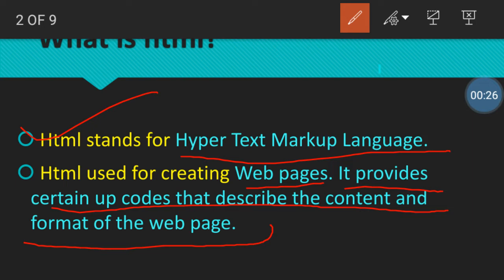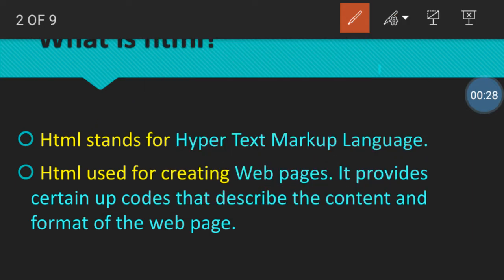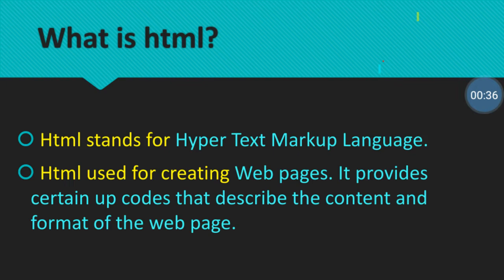Okay. Now what do you mean by HTML? HTML is a language of computer basically, which is used for making websites. Okay, with the help of HTML anyone can see a website through the internet. Okay, after making it, it is a very simple language as compared to the other languages.